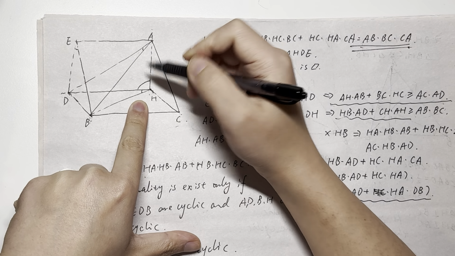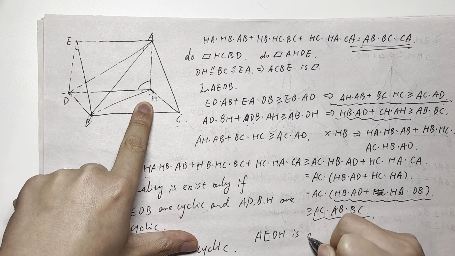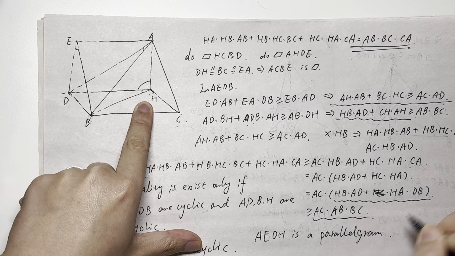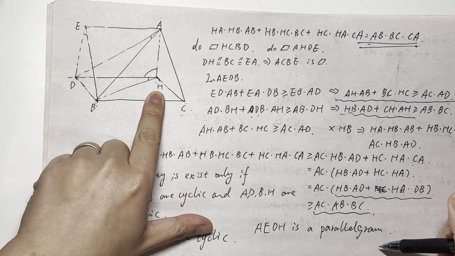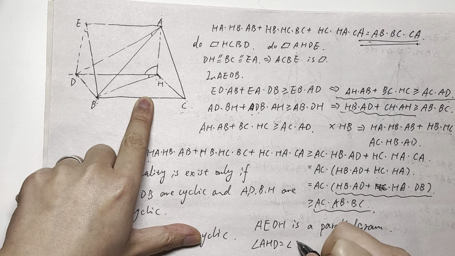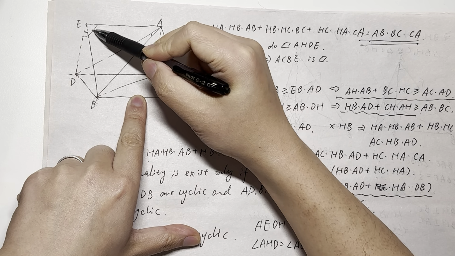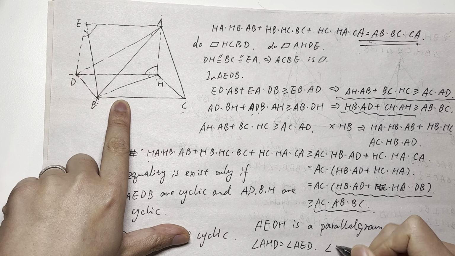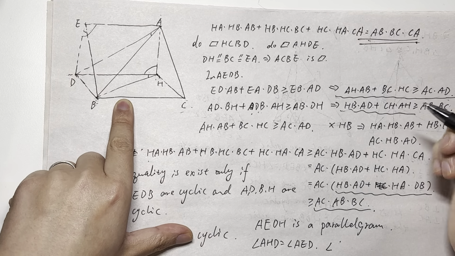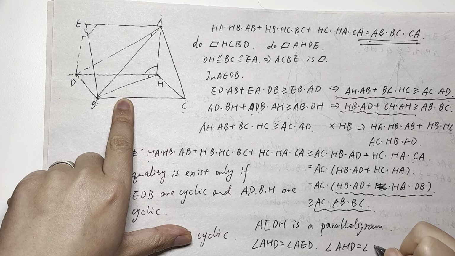Because AEDH is a parallelogram, right? Because AEDH is a parallelogram, so the angle AHD equals to angle AED, right? This one equals to this one. And because AHBD is also a cyclic quadrilateral, so the angle AHD equals to angle